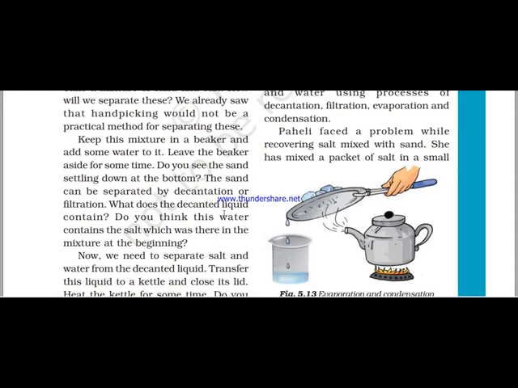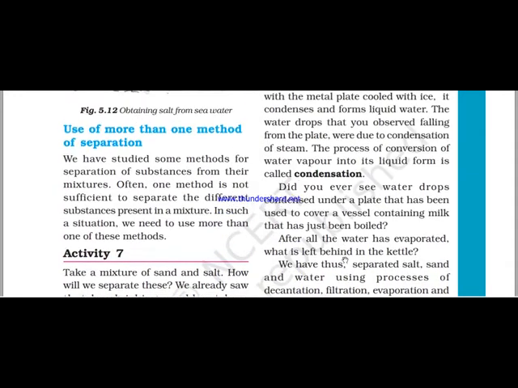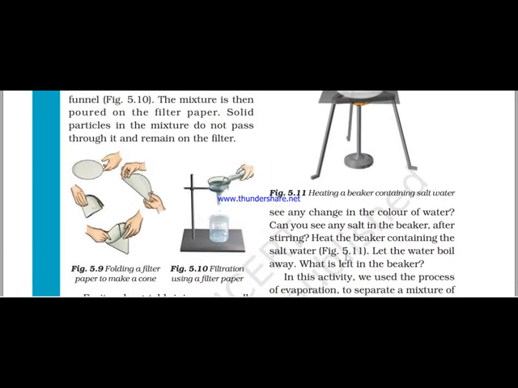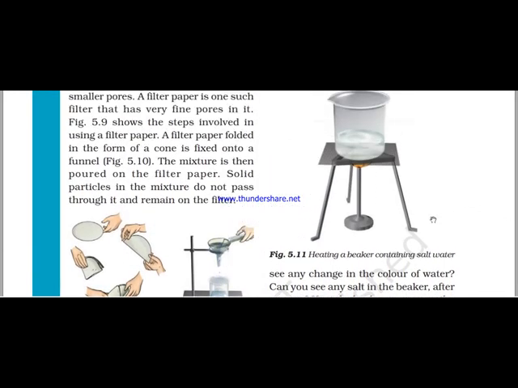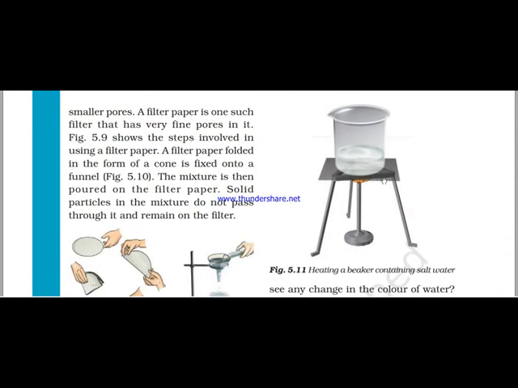Now our sand is separated, but the salt is not separated from the water. So to separate the salt from water, we will again use the method of evaporation followed by condensation. Now students, आपने यहाँ ऊपर देखा होगा evaporation के method में, यहाँ पे हमने जब इस मिक्सचर को हीट किया है तो हमें यहाँ पे सिर्फ सॉल्ट मिला है. We have not got water because water is lost in the form of vapor.